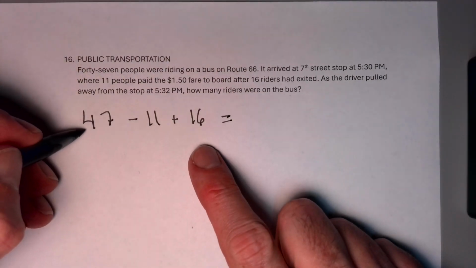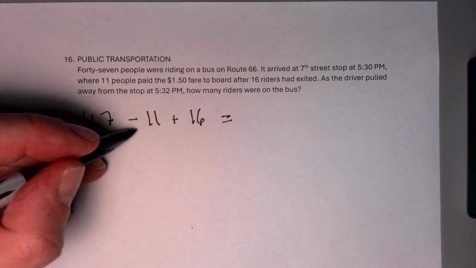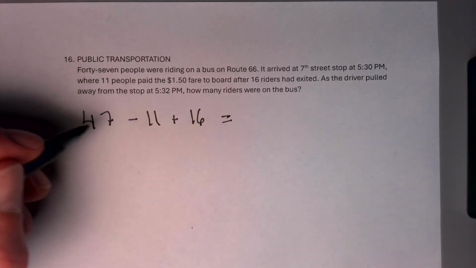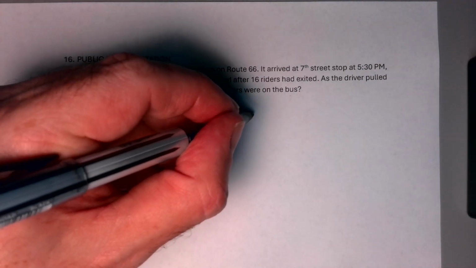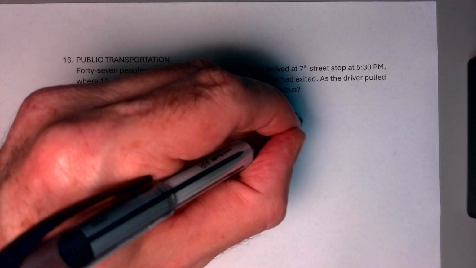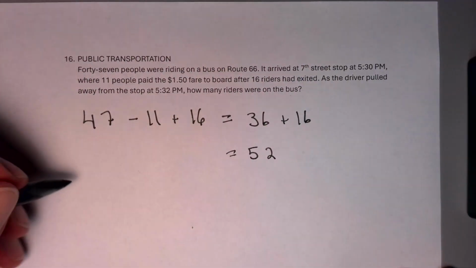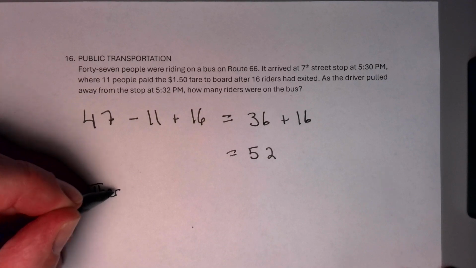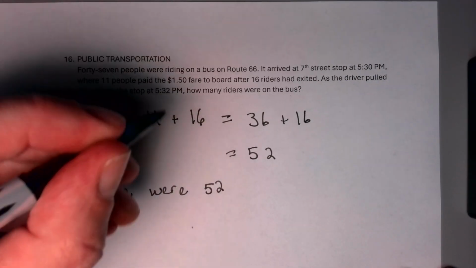Remember, addition and subtraction are at the same level. We do the subtraction first. We're going left to right here. Okay? So 47 minus 11 is 36, plus the 16. 36 plus 16 is 52. There were 52